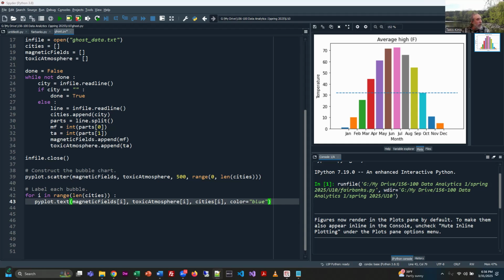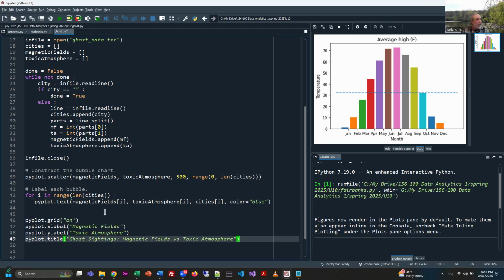Then just a few more commands here. So we are going to do some displaying things. And the first thing that we're going to do is turn on the grid so we can see basically the lines of the chart. We have a label for the X and the Y. X is in the bottom, Y is on the side, and then a title as well that will appear above the chart, which I think is helpful. And then finally, the